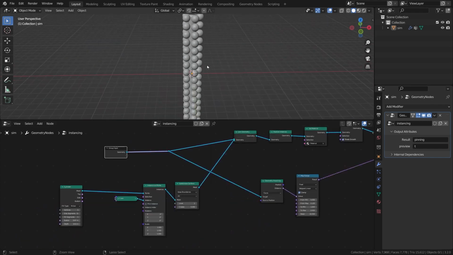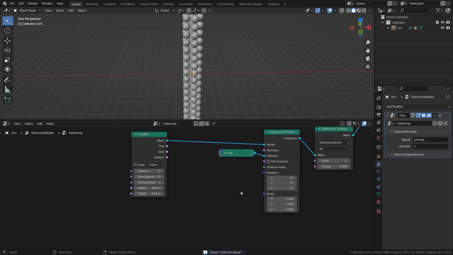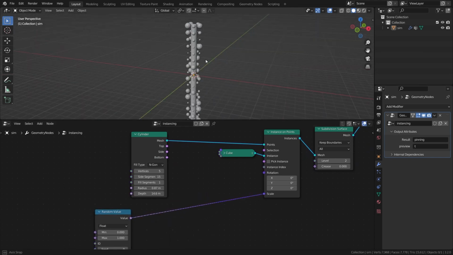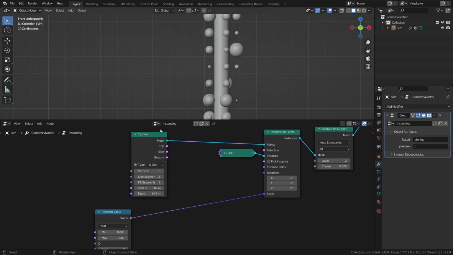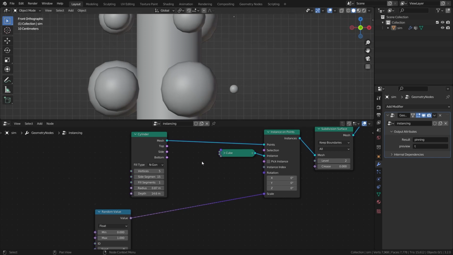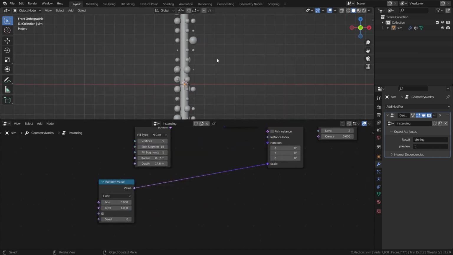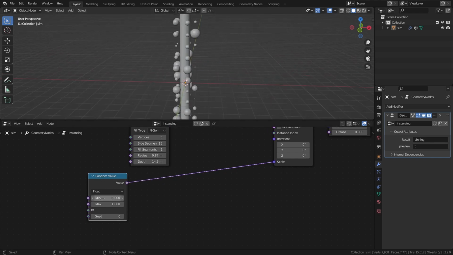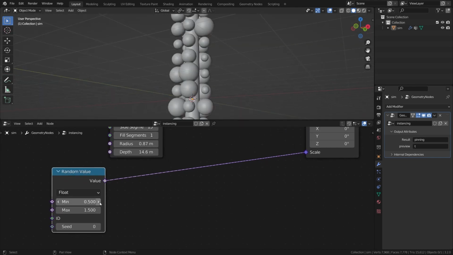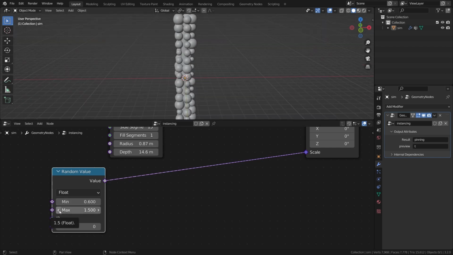Now this is working. Let's control the scale a little bit. So for the scale, I'm gonna add a random value node to randomize it a little bit and connect it to the scale. Now keep in mind that if the objects get very tiny, like this one or this one, your simulation is gonna take forever to bake. Don't make this mistake and keep the minimum scale to something like 0.5, and the maximum can be something like 1.5, or I can maybe bring up the minimum to something like 0.6 and bring down the maximum to 1.3